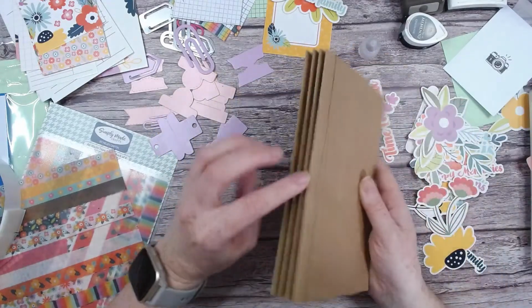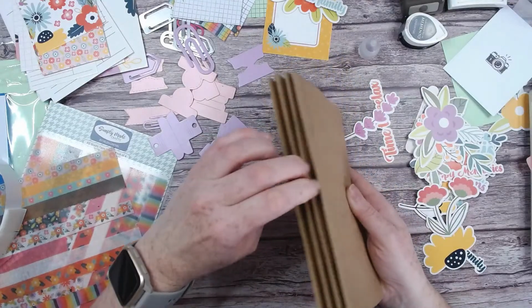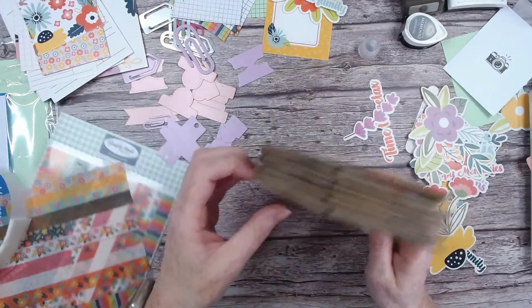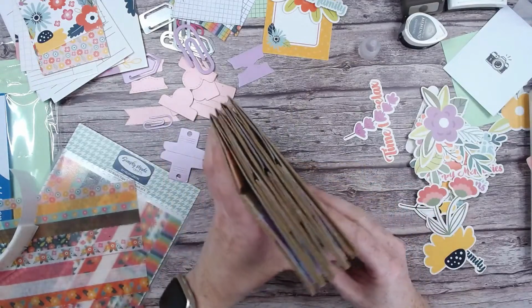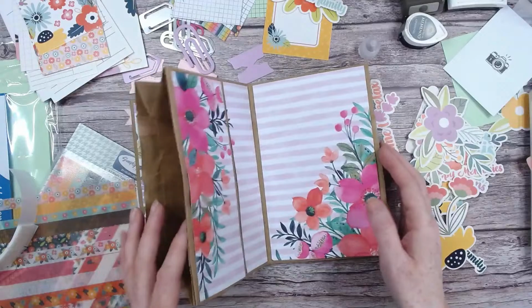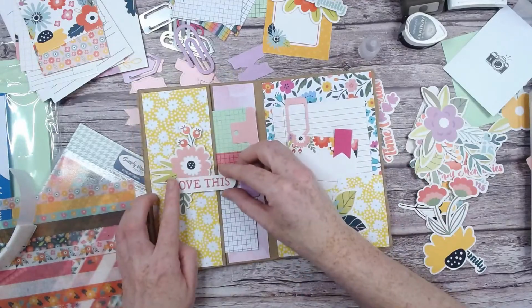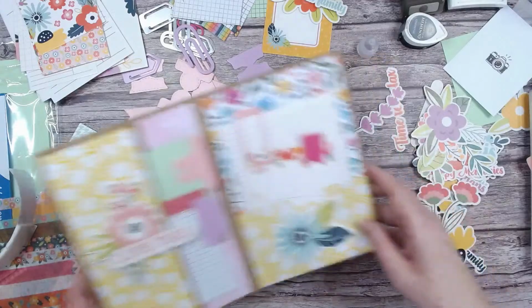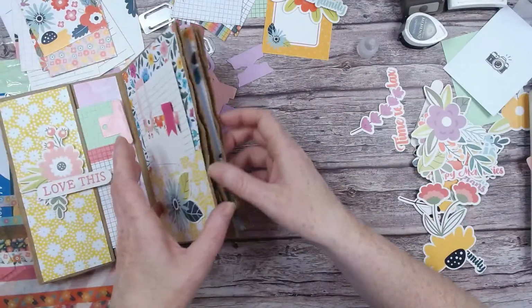we have these gaps here. As you can see, it gives us the expansion room as we fill our pages. So I can add some bulky bits and bobs to this, and it will be all right. There you go. I thought that would wobble. Right, so let's set this aside,